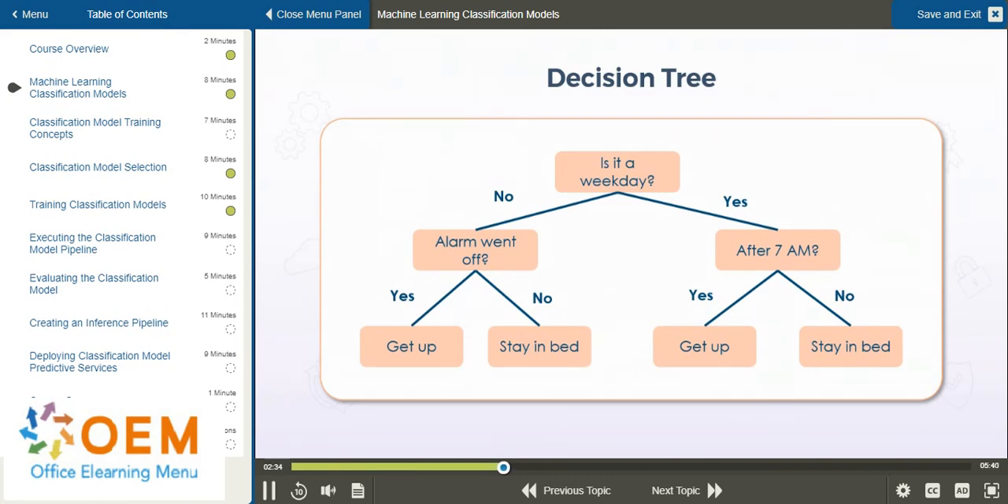So take this image for example. Our data point carries information about somebody's day. The decision tree helps us predict whether the person should get up or stay in bed. The tree itself was built by evaluating what other people generally did in these conditions. So if our fictional person's day suggests that it's a weekday,